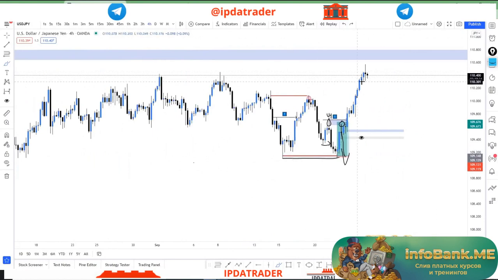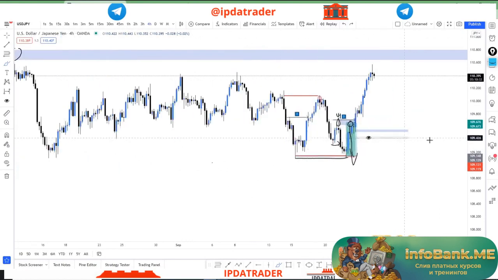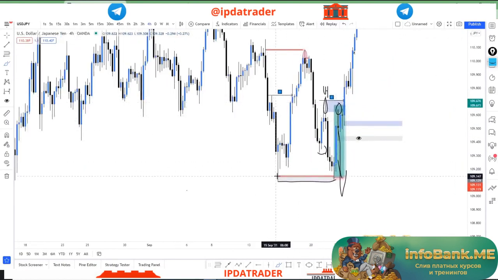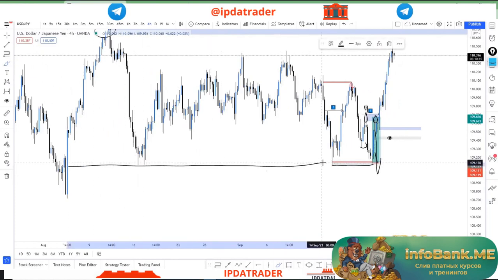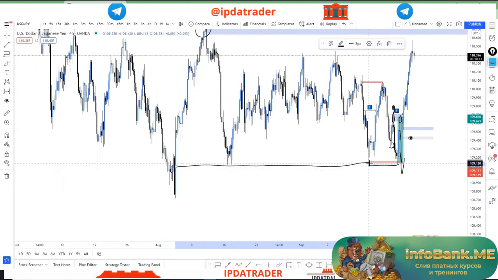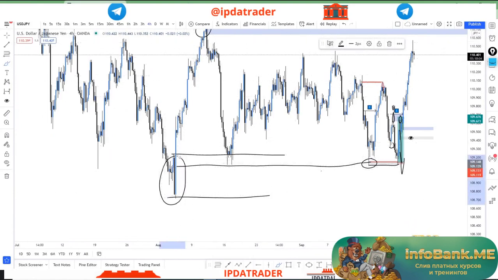Also, I wanted to speak upon the POI selection, right? Because I feel like the POIs that look like this, where it is just a huge wick, are the best POIs and the high probability ones, right? Especially if this POI previously mitigated another important landmark, right? As you can see, this wick right here pretty much mitigated close to the 50% of this origin swing. So